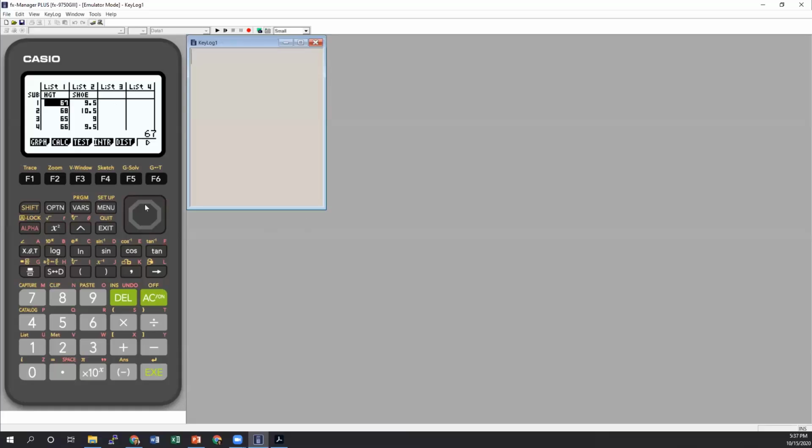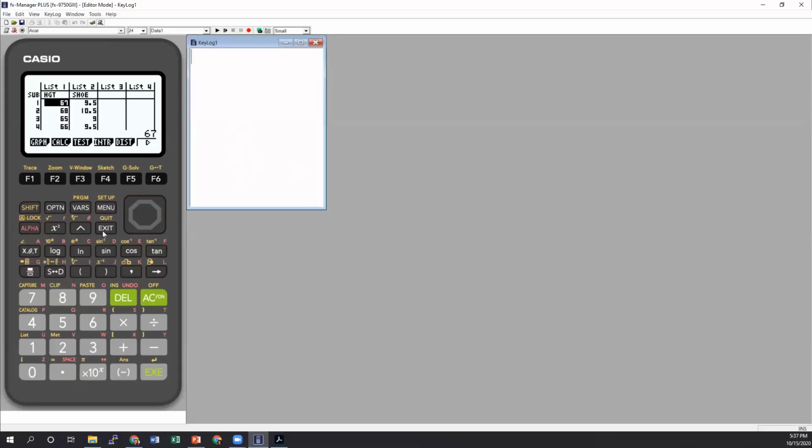We can do that automatically in the calculator, but I also wanted to look at how you could have your students calculate this manually themselves. If you wanted to, you could have them collect the data on a piece of paper first, or you could type out the data points here on the emulator software. To do that, you could go to the word keylog here and change into editor, and this allows you to edit and add in text here.